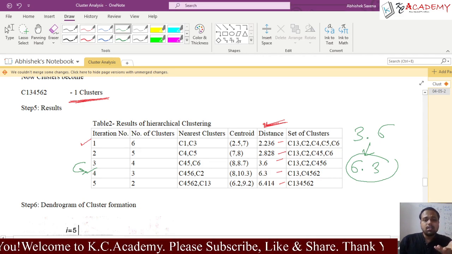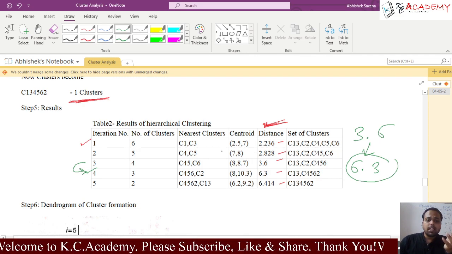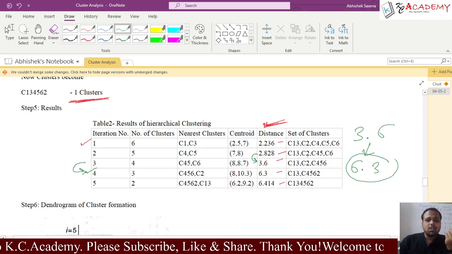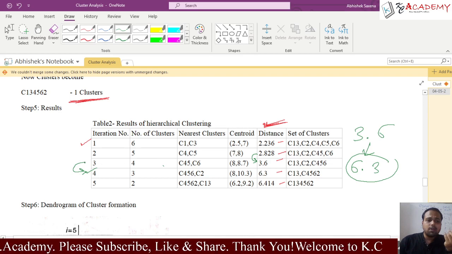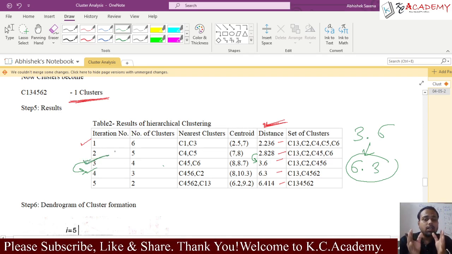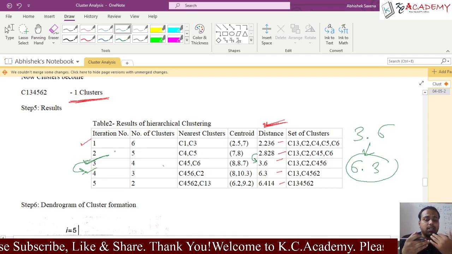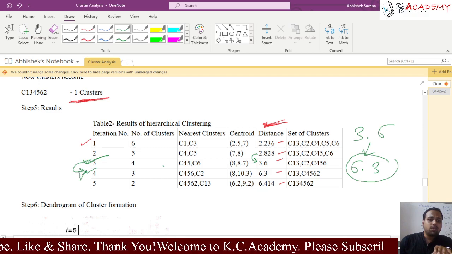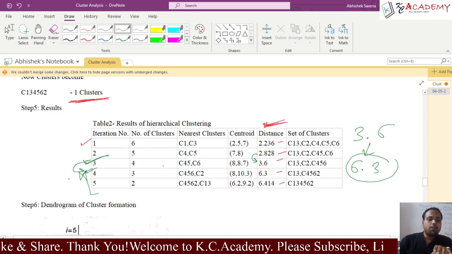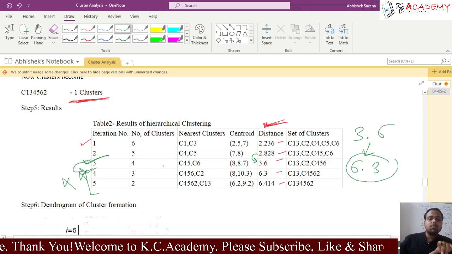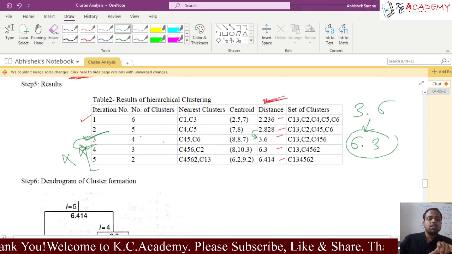3 into 2, that is 6. So see, from second to third, that is 2 to 3, there is only a 0.6 difference. That's why it is acceptable. So the third one is our answer. Why did I take the third one as the answer? Have you understood? Here the criterion is that sudden jump. The sudden jump is in the fourth iteration, so the fourth one is wrong. It means from the fourth we cannot go on, as that is not grouping data properly. 4, 5 is wrong. So the third one is our answer. That is the third cluster: C13, C2, C4, 5, 6 is our answer.